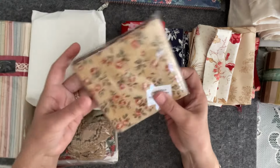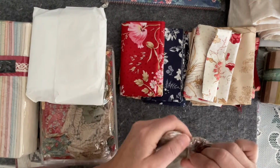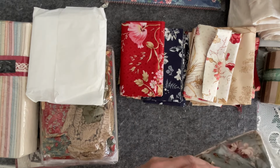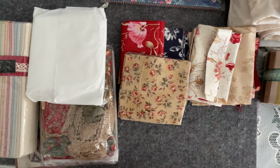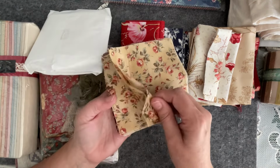Then there was a little charm pack. I don't know the name of it. I'll have a little look. There might be a hint in there. Sometimes you get the name of the fabric packed in amongst it. Someone might recognise it. So if you do, pop it in the comments. So the charm pack has...